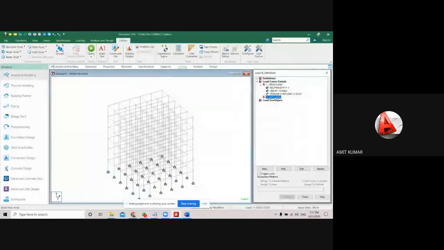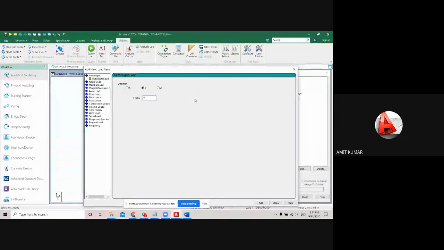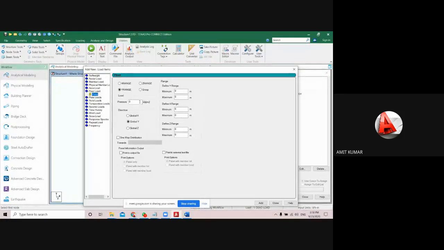Now come to the live load. Again, we don't have the plate here. That means I didn't create the plate here, but I am just assuming that the plate is available. In the live load, again we have to apply the floor load, not the plate load. Just because we don't have the plate here, in place of plate we have to use the floor load. The pressure for the live load, I explained, will be between 2 kilonewton per meter square to 3 kilonewton per meter square.